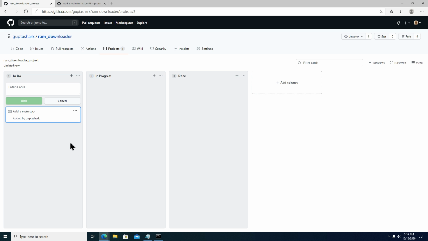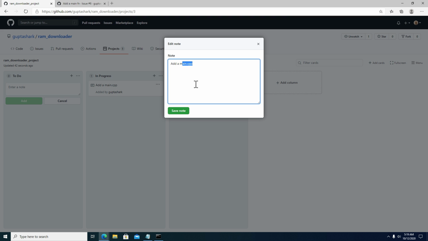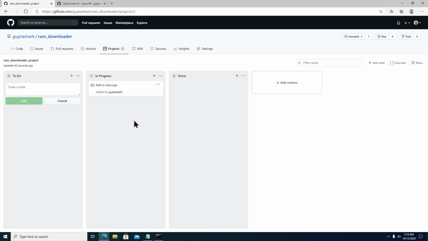And once you have added this issue, and maybe when you start working on it by pushing a branch that adds the main function into your repository, you then move this card over here, and you can possibly edit it to have the link of the branch that you've pushed that has the work for whatever stuff you've done to add your main.cpp to your repository